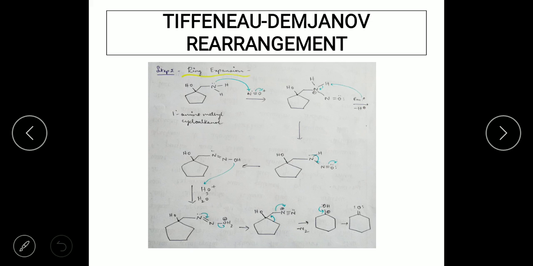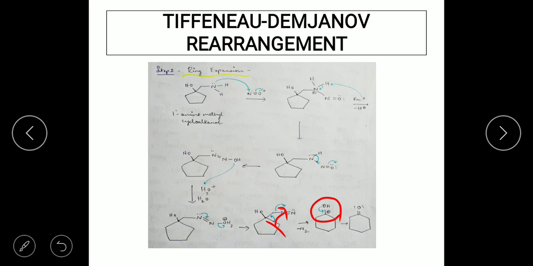How the ring is going to expand is, here you have a cyclopentanol, and the ring is going to expand to form a cyclohexanone group. That is nothing but, as I have already shown with the blue arrow mark, that bond is going to get enlarged to form a cyclohexanone. So here you have a bond here, right? Now when that bond enlarges, you can see that there is going to be a positive charge on that carbon which is attached to the hydroxyl. I hope you are getting it.